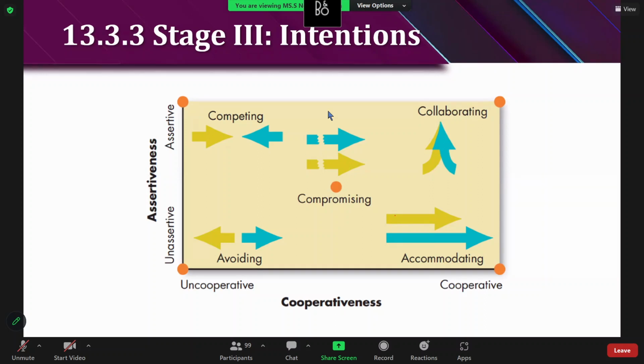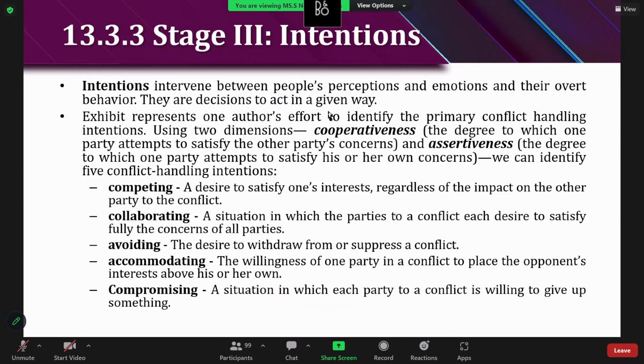So here they don't want to satisfy their own needs, and they don't desire to satisfy the other people's needs as well. So their intention is avoiding. And then accommodating, in the sense they are at a moderate level in terms of assertiveness and cooperativeness,